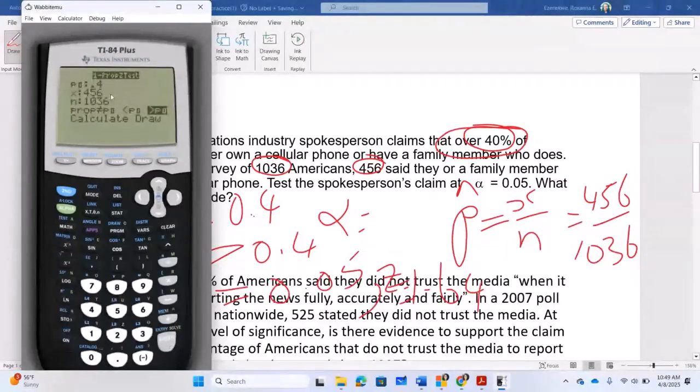What is not right? Let's see. Okay, let me see if I can calculate what the problem is. What is the problem? So why did it not draw? Okay. Anyway, if I look at what I'm given